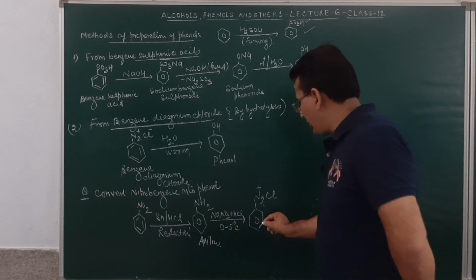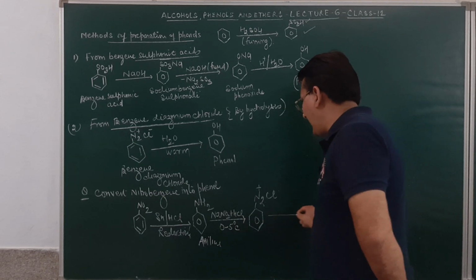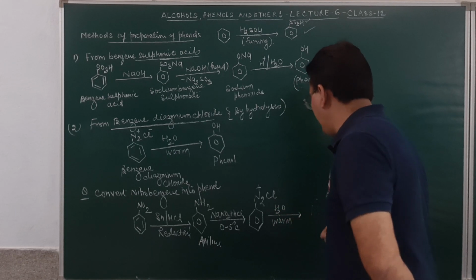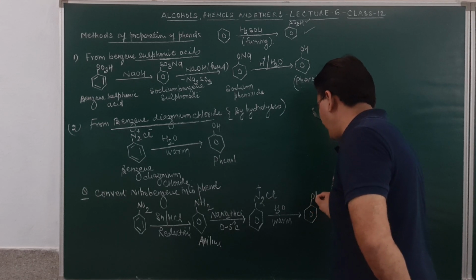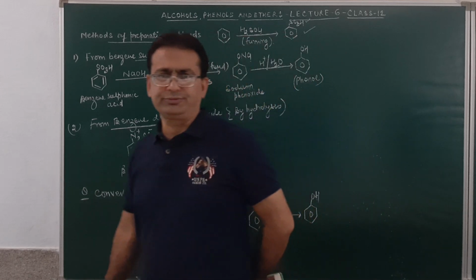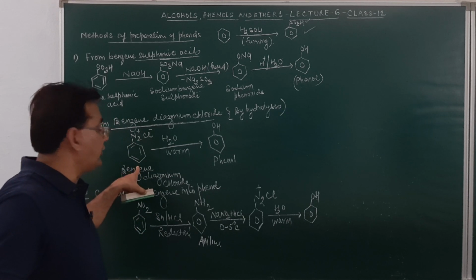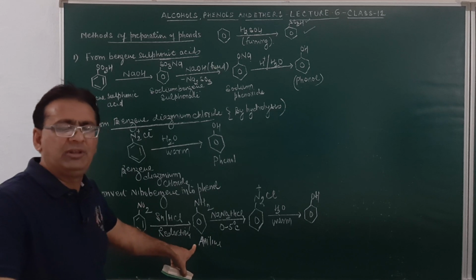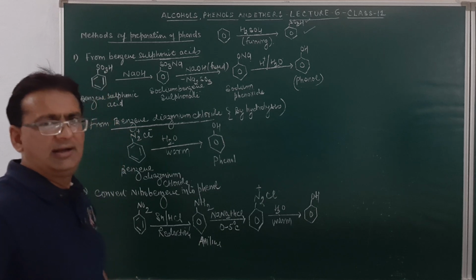And this benzene diazonium chloride, when warmed with water, will result in the formation of a phenol molecule. Now, although this is a property of benzene diazonium chloride, how is benzene diazonium chloride prepared? This will come in the further chapter and will become a property of aniline. Aniline, when treated with sodium nitrite and HCl at 0 to 5 degrees C, will result in the formation of benzene diazonium chloride.